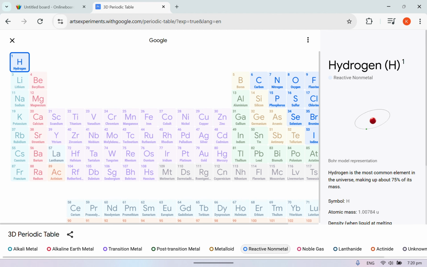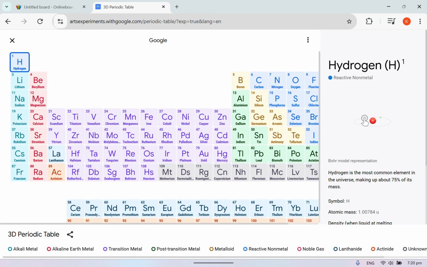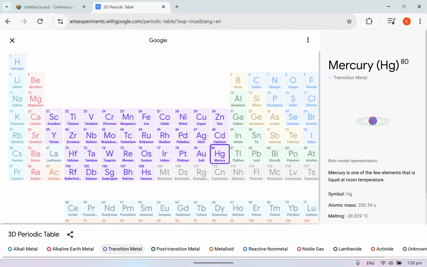And if you want to get to this website, it's very simple. Just search up periodic table on your search bar, and then you'll get to this page. Just press open it full screen. You can literally get it. And you can press on any element you want. You can literally read all about it. Okay? Now,